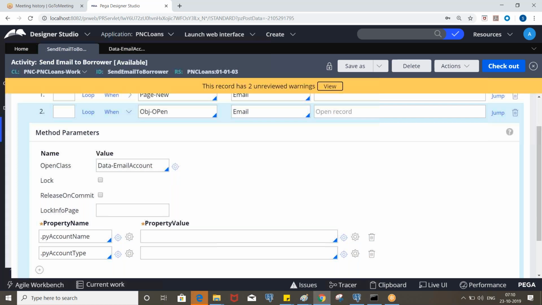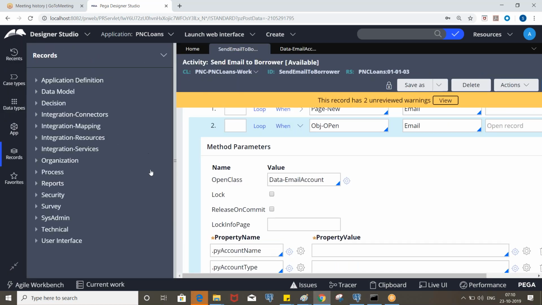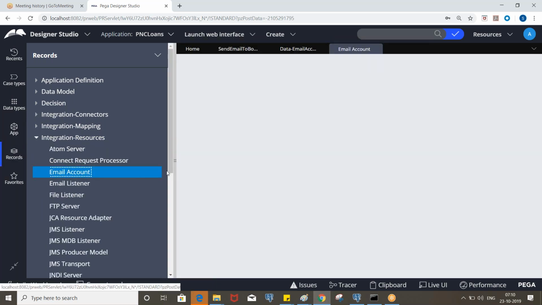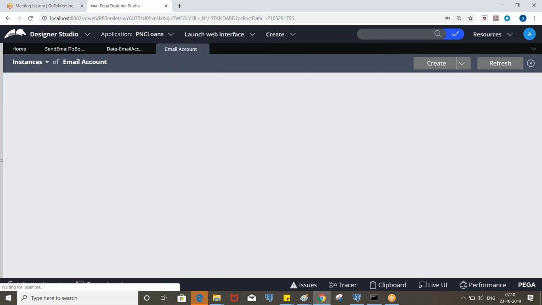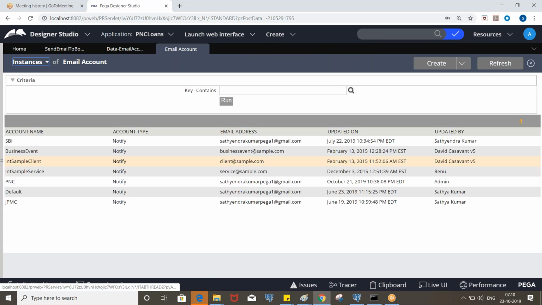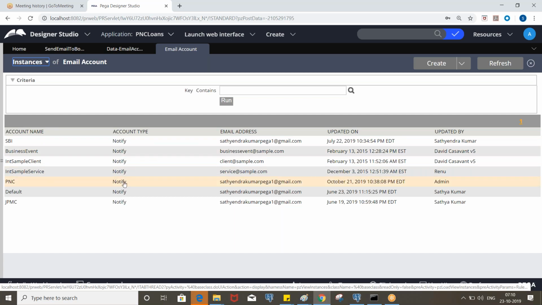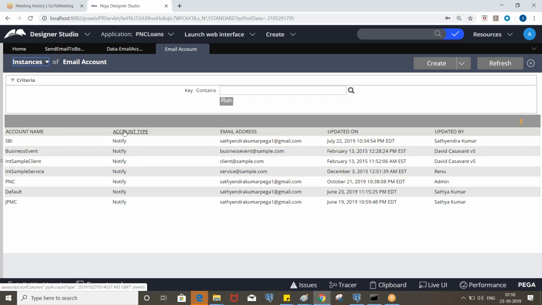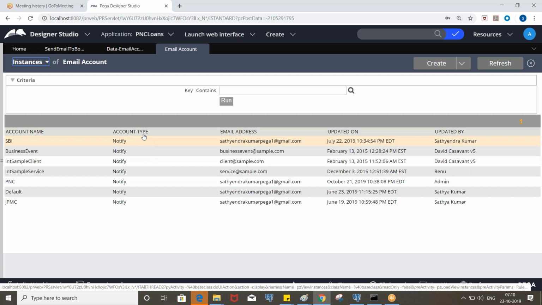Go to the email account which we created and you will find the details. We created an email account called PNC; the account name is PNC and the account type is notify. Notify is the default one for all, so account type is common, and the same name is used for all accounts.